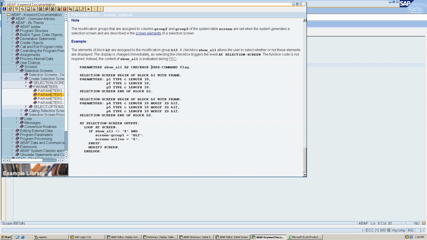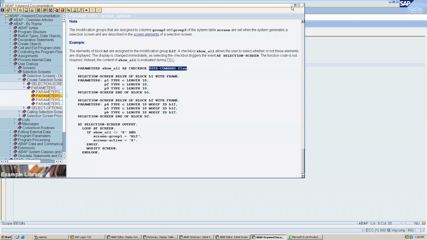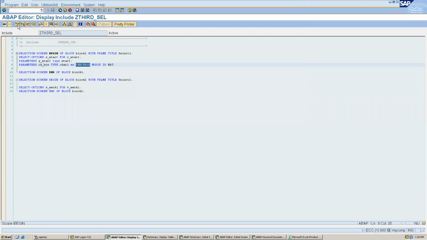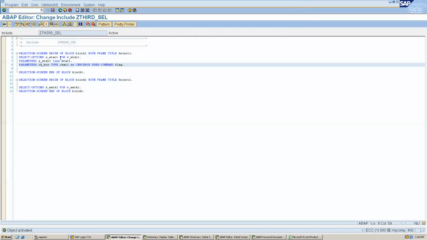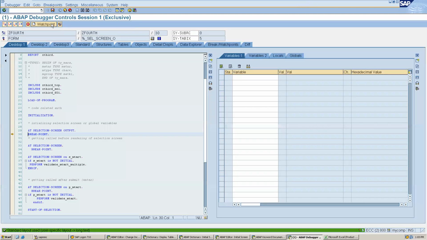Okay, so we have to write user command something like this. Okay, fine. See, everything we can get in help. Even I don't remember many things because it is not commonly used by me. So there is no error, and now I try to execute this.